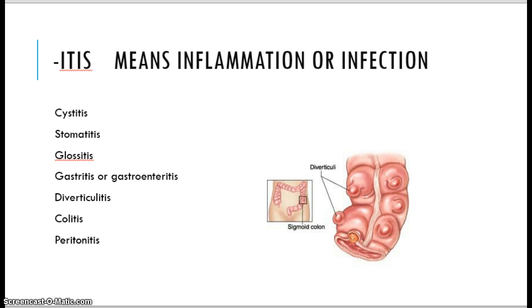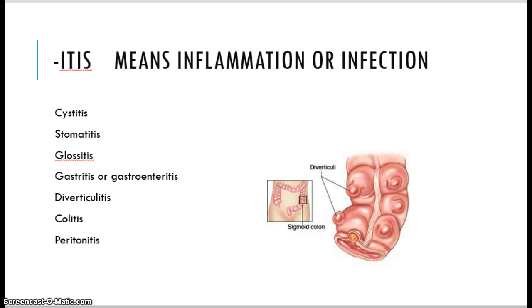ITIS is an inflammation or infection. For this elimination unit, a cystitis is an infection of the bladder. Stomatitis is an inflammation or infection within the mouth. Glossitis, that's your tongue. That's an infection of the tongue, and we're seeing more of that with some of the piercings that people are choosing to have done today. Diverticulitis is the picture that you see on the slide. And diverticulitis can be especially problematic if they open up and the person then gets a peritonitis or an infection